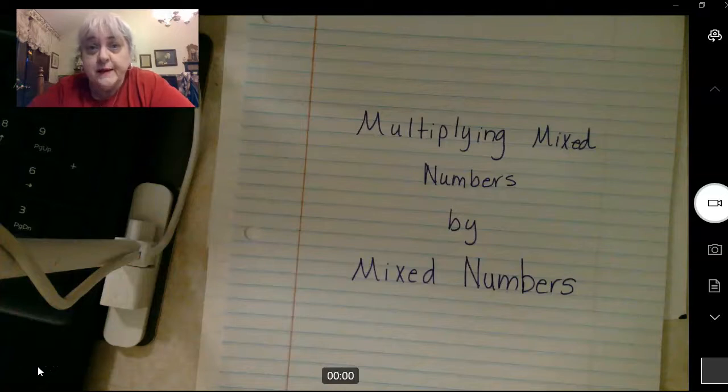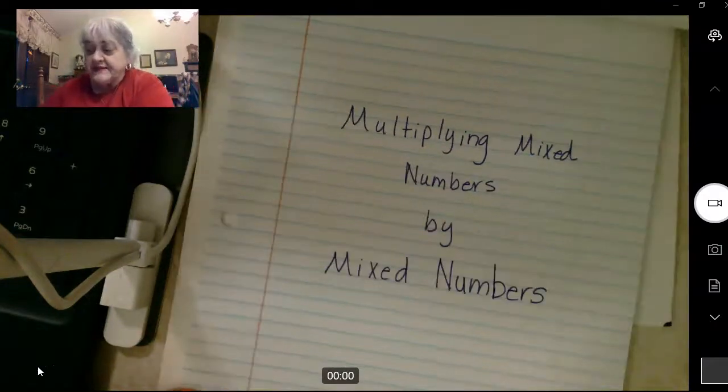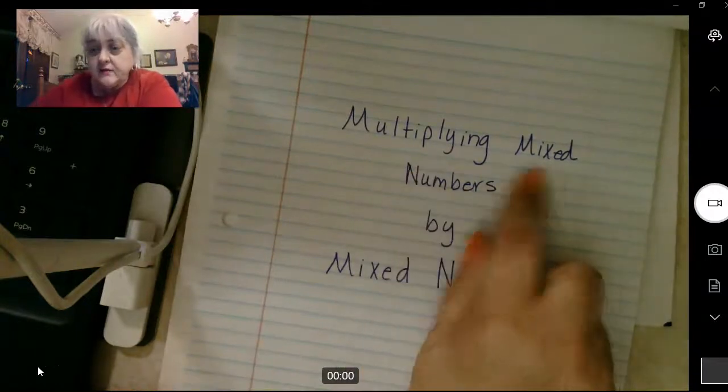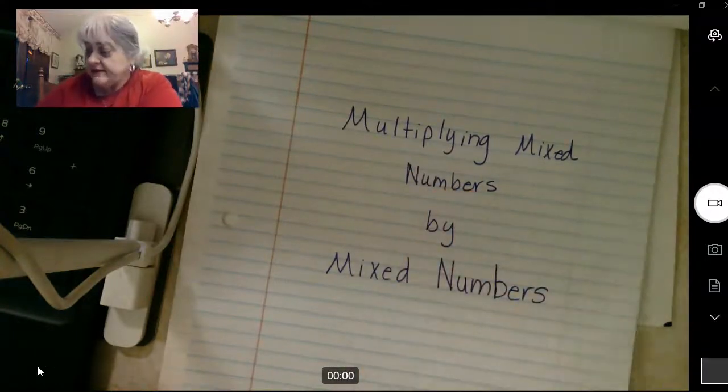The first way I'm going to show you is the mathematical way. This is what your parents will remember as the way we learned it. Then I'm going to show you a way using the box method like we use just for multiplying regular whole numbers. So, our lesson today is on multiplying mixed numbers by mixed numbers, and I'm going to show you the